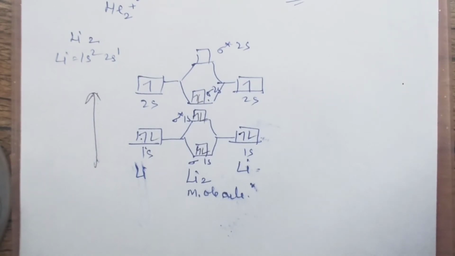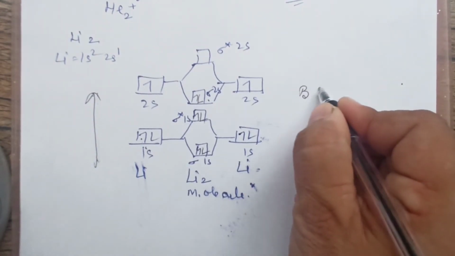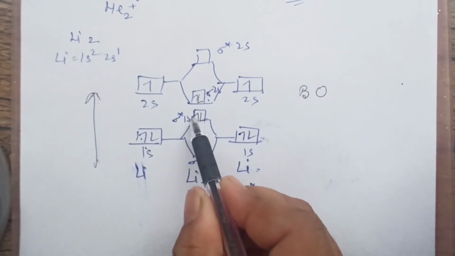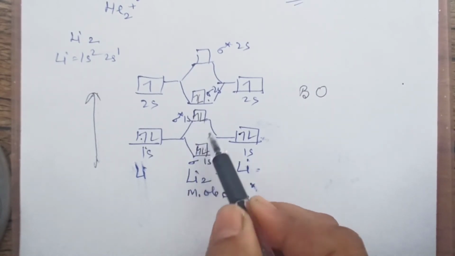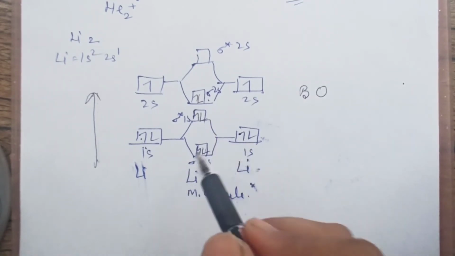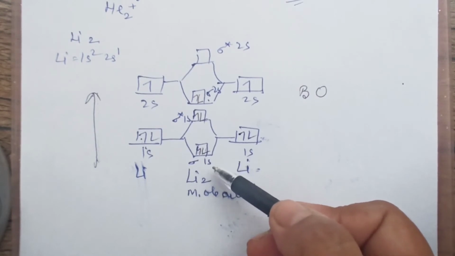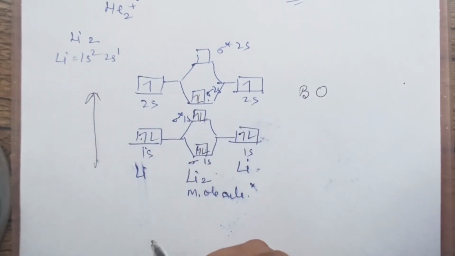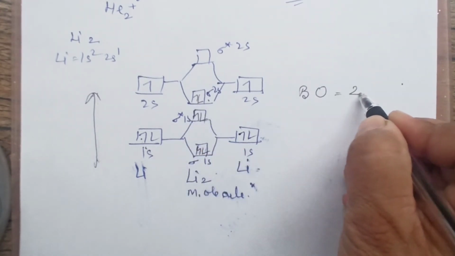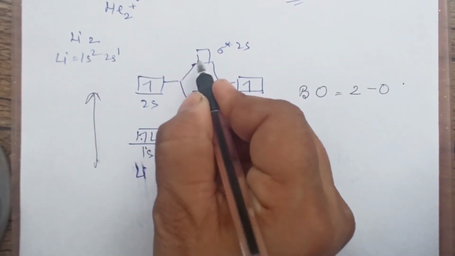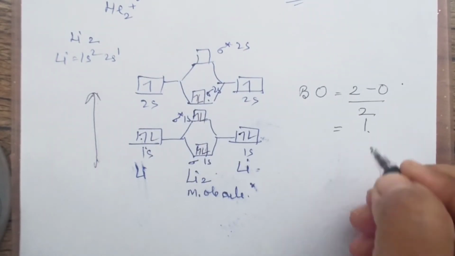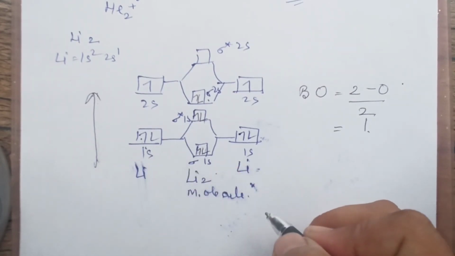Got it? So when we are calculating bond order, for the lower one, 1s, you are having bonding and anti-bonding the same. You can omit this because they are going to get cancelled. If you want, you can take it, but otherwise this is not going to affect the bond order. Only in the valence one we can check, we will get the right answer. So how many bonding electrons are there here? Bonding electrons 2. Anti-bonding, you don't have any electron here, 0 divided by 2. So bond order is 1. That means there is one bond between two Li atoms.